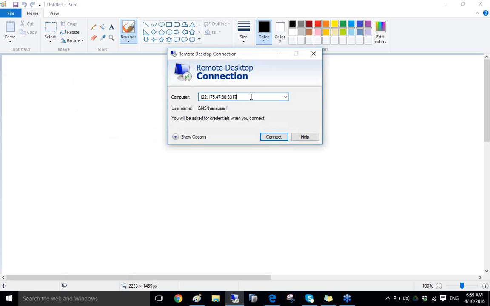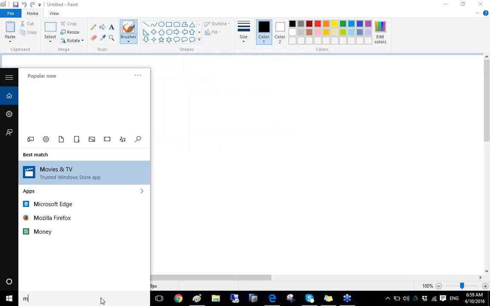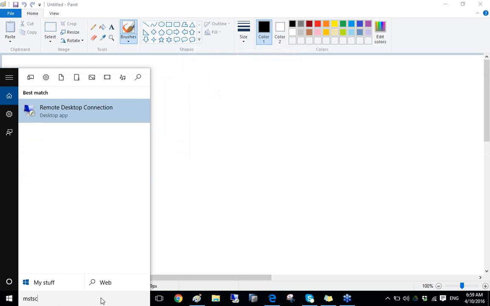So this is the IP address. For Windows, we have to type in MSTSC. And if you're using a MacBook, for Mac, there is an app. In the App Store, you find a remote desktop app for Windows. You can download that app